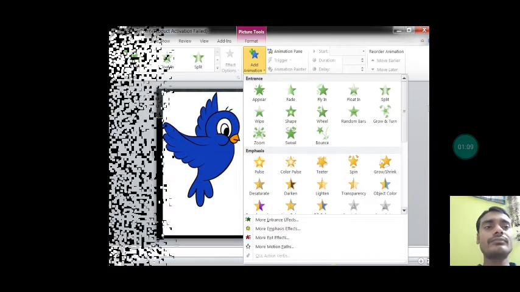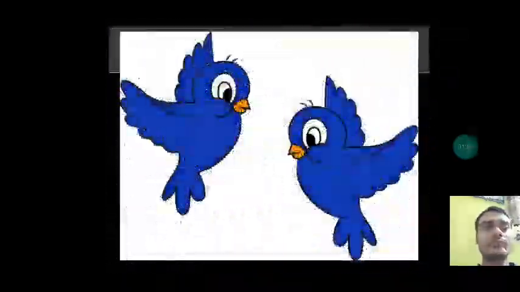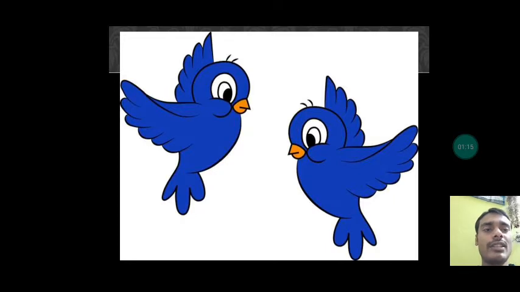Okay, now this is your slide transition effect. In slide transition effect, the second screen will come just after the end of the first screen.